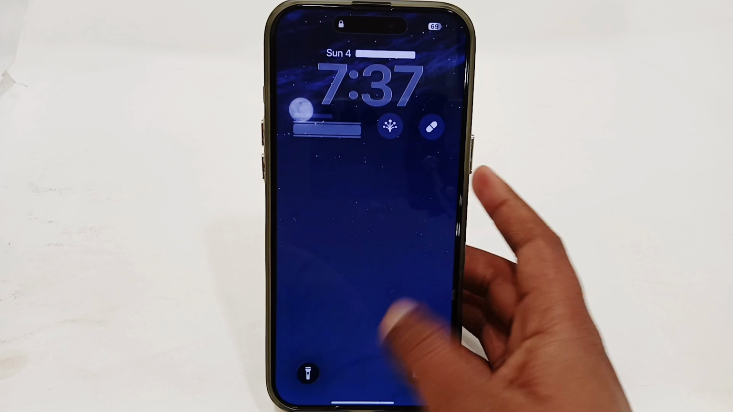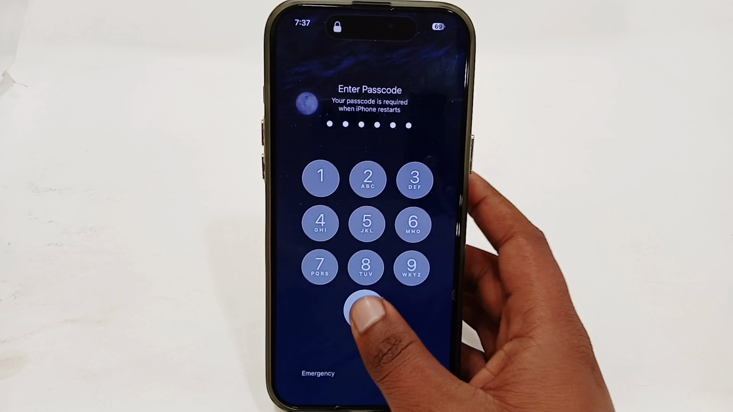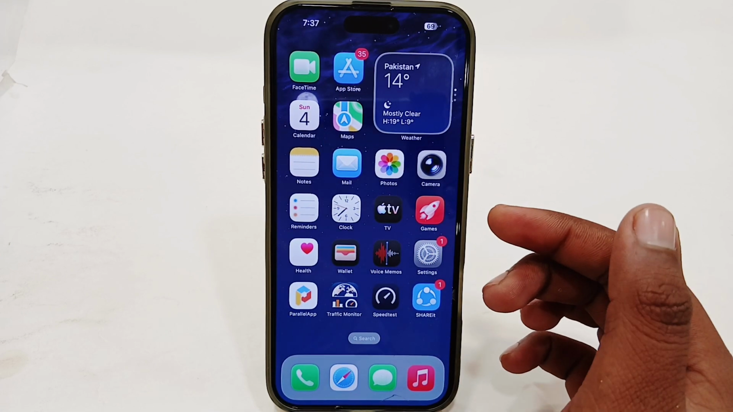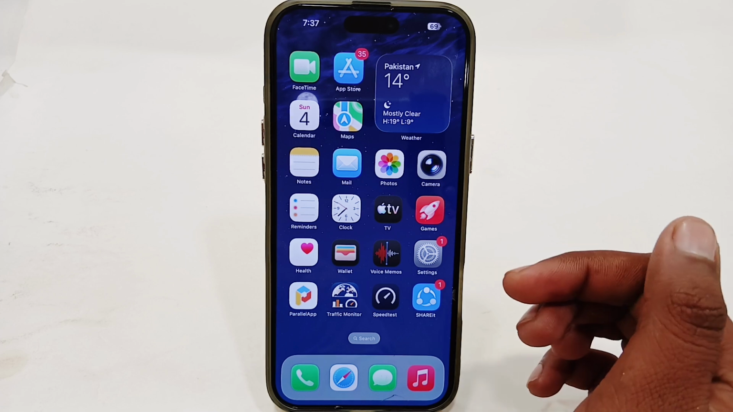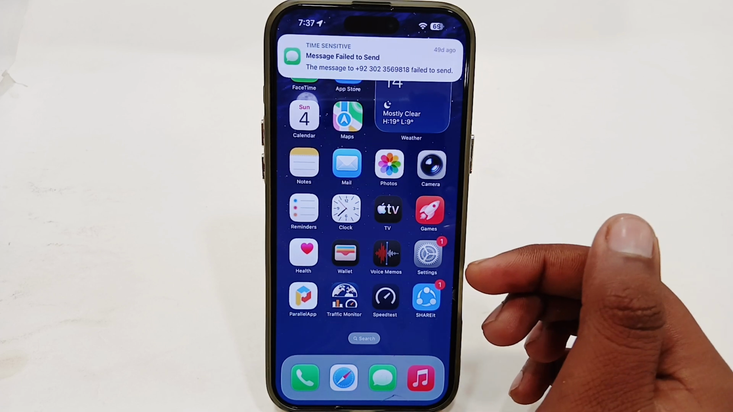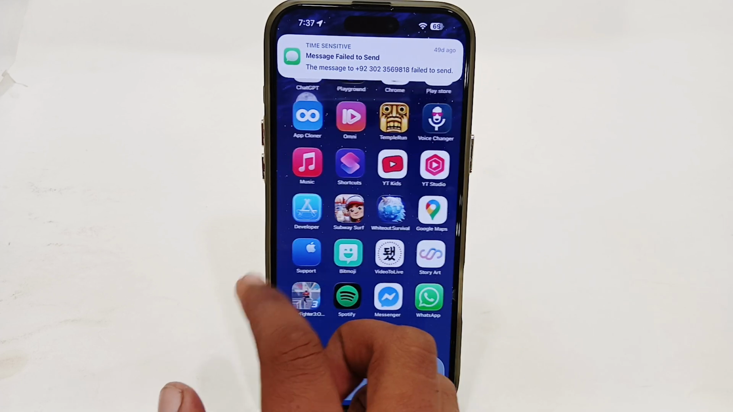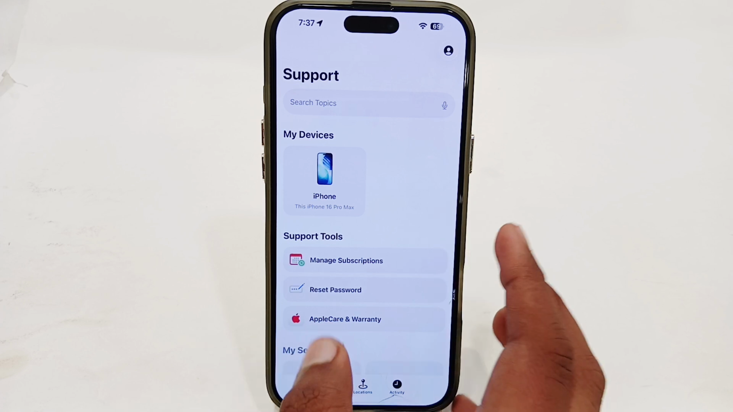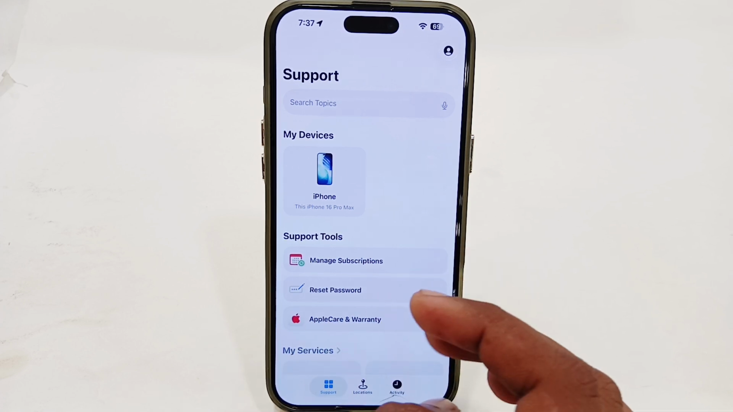After restarting, you just have to unlock your phone. And here you have to retry to check if your issue has been fixed or not. If it's still not fixed, you can simply open your Apple Support app, but the very first thing before contacting Apple Support,